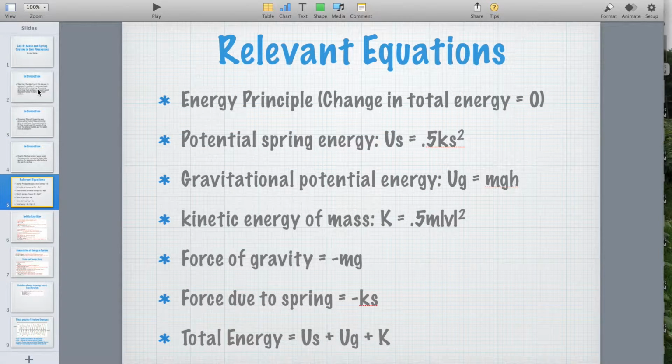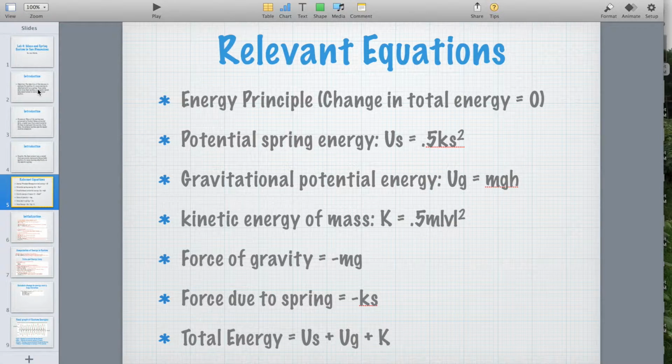Relevant equations for this lab were the energy principle, which states the total change in energy in a system must be zero, the equation for potential spring energy, which is potential equals 1/2 times the spring constant times the displacement squared, the gravitational potential energy, which is equal to mass times the gravitational constant times height, kinetic energy of an object, which is 1/2 times the mass of the object times the magnitude of the velocity squared,